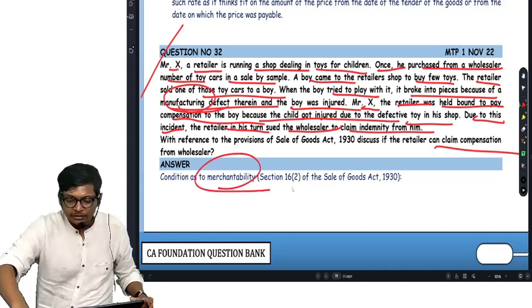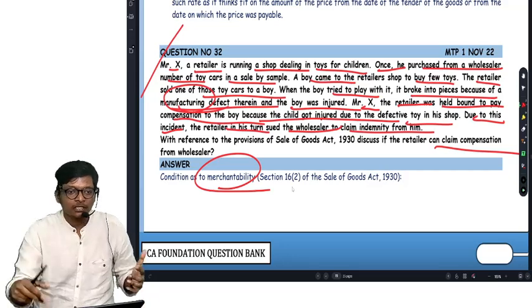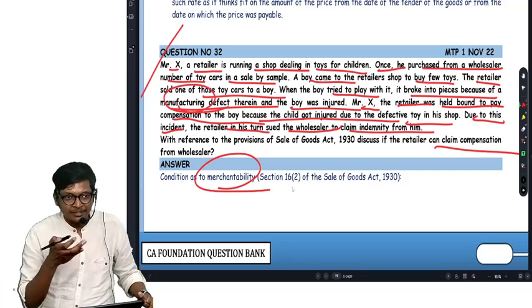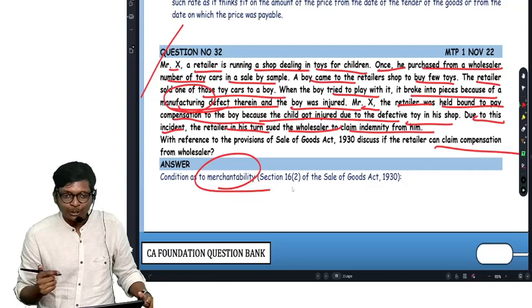Merchantability, say we have bought a speaker. What should a speaker do? It should work. If, on switching it on, some other sound is coming, then it's not merchantable. Okay,